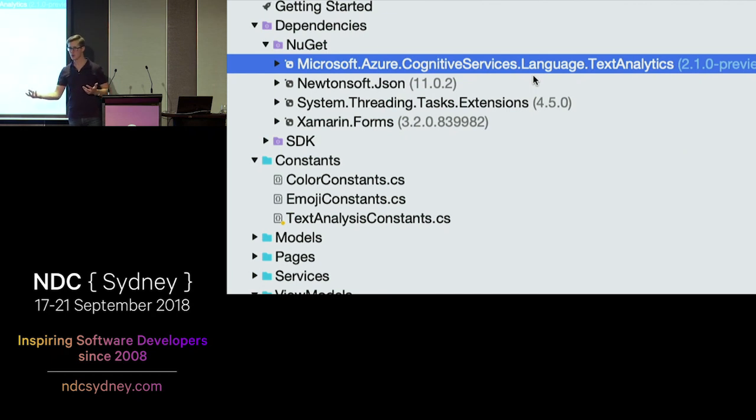Because as we know, we've all had to hit APIs. There's some boilerplate code we got to write. Like in C#, that means newing up an HTTP client, making a post request, adding some stuff to the headers. And so what's nice with this, they've kind of done all that boilerplate code for us. Now, if you don't want to use it, that's fine. You don't have to. But I've added it in. We'll see how much easier it just makes our life for this app here.